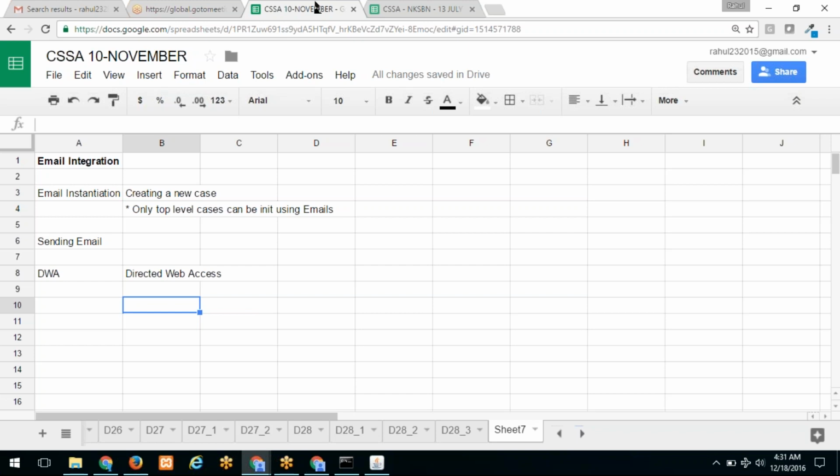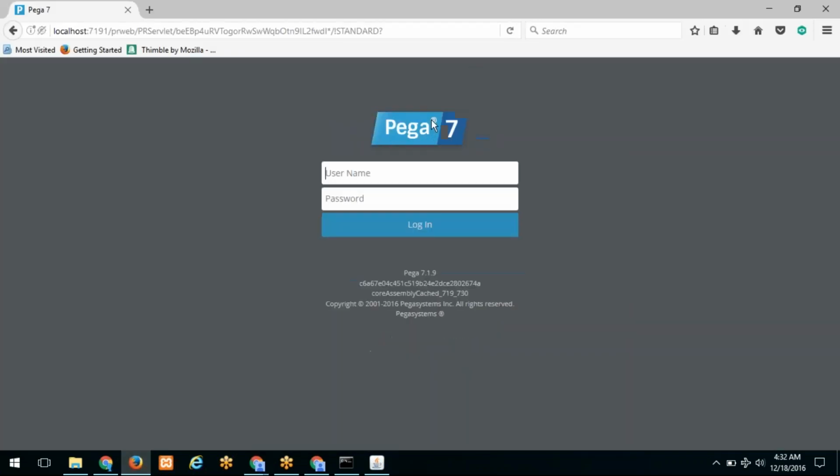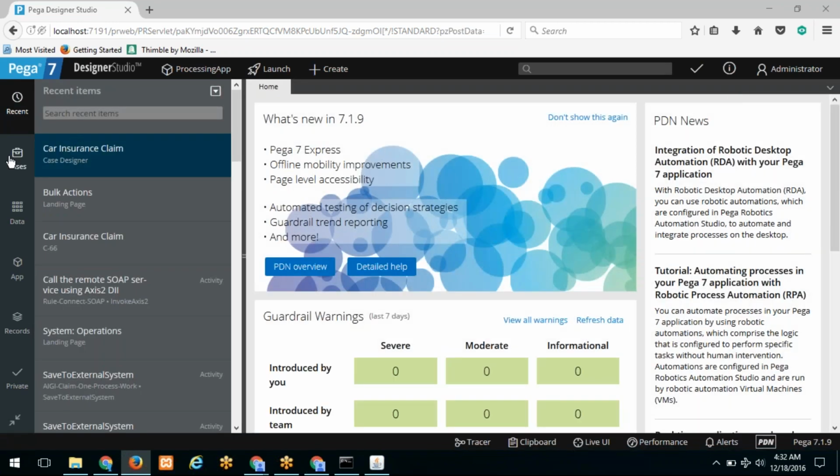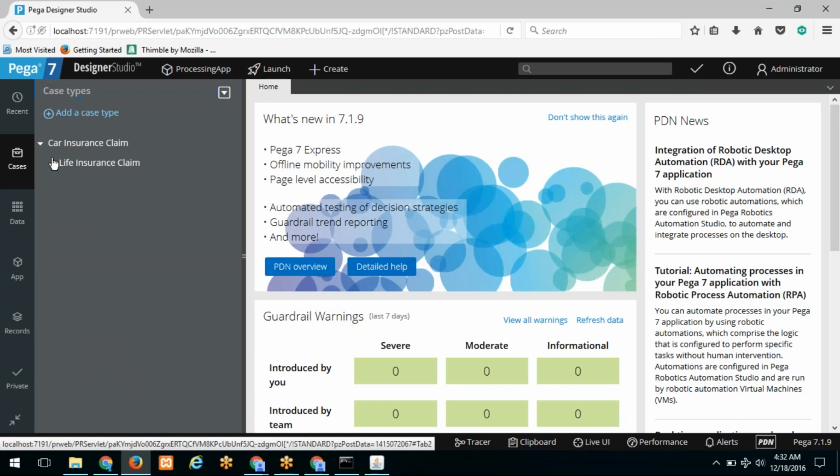Okay, so for email instantiation, you have the option to send the email. Then finally you have the directed web access using the email integration. So we're going to take a look at how to do these. So first let's take a look at the